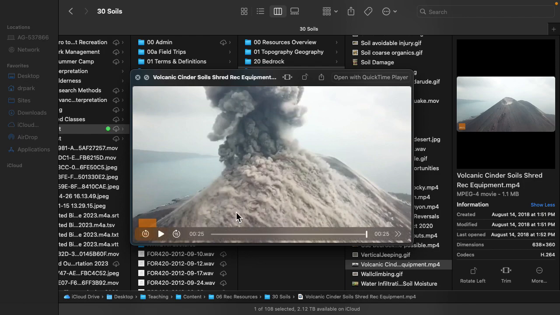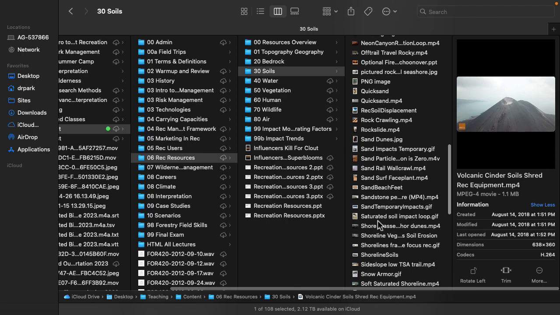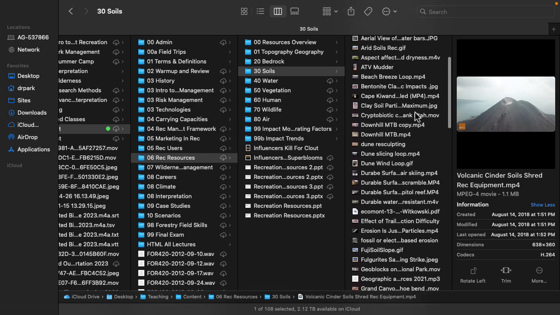So this is the thing. We want to be aware of what kind of soil is at your park. Is it an ashy, not chemically corrosive, but abrasive soil, like a pumice cinder type soil? Or is it something real sticky and soft when wet, ironically, like a clay soil, which